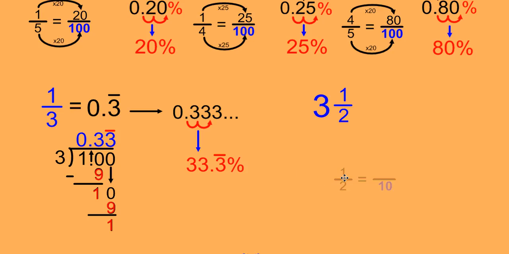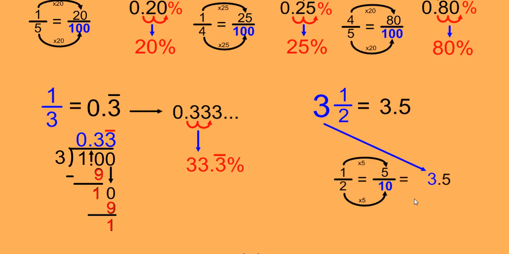Yep, you still need to convert that fraction into a decimal value. If you noticed it's a base 10 number and the multiplier is 5, we get 5/10. Now, don't forget, you still have that whole number 3. So when we write this, it's 3 and 5/10. And when we convert this to a percent, we're going to once again move the decimal 2 places to the right, add that 0, and then add the percent sign,